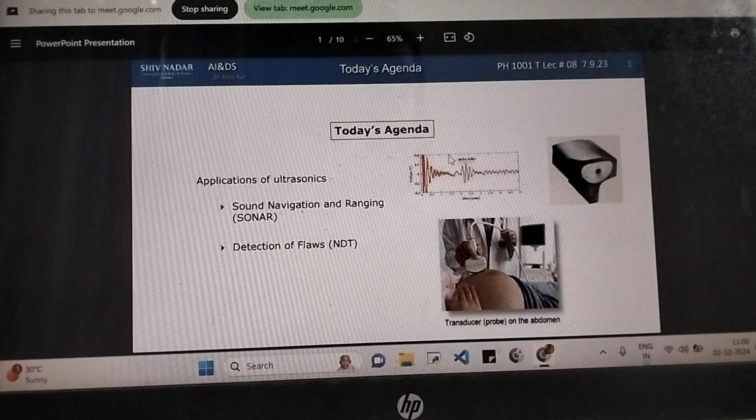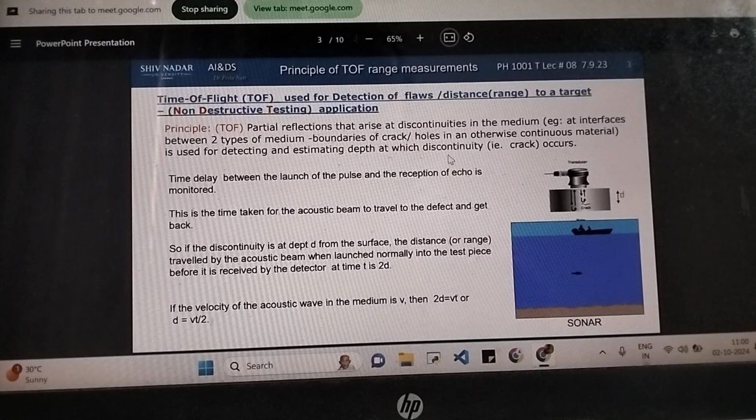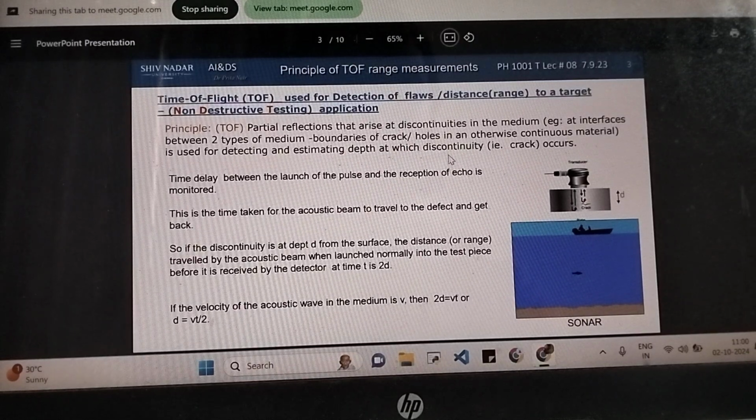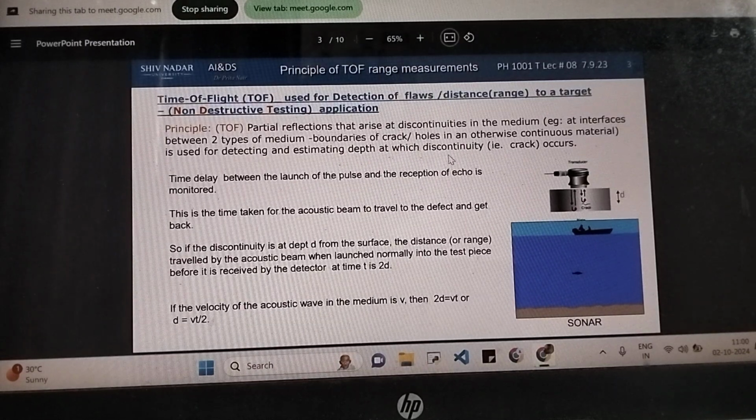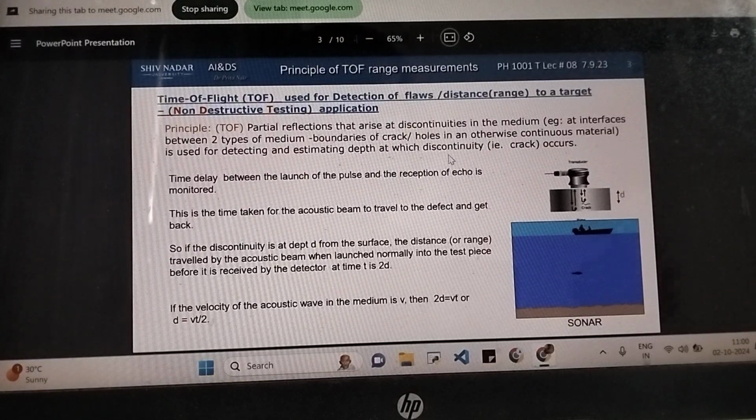We'll be looking at some of the applications of ultrasonic waves. So the first one we'll be looking at is time of flight. So assume you have a block of metal and you want to find out whether it has any cracks or